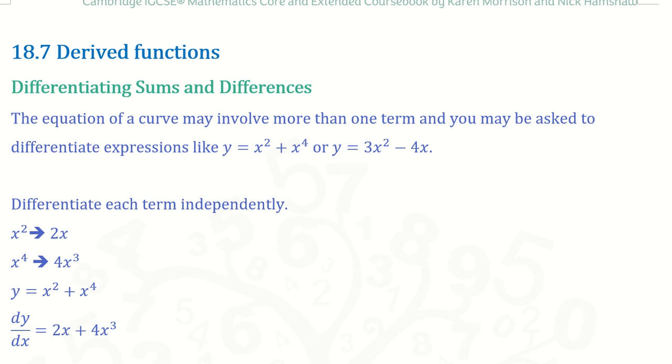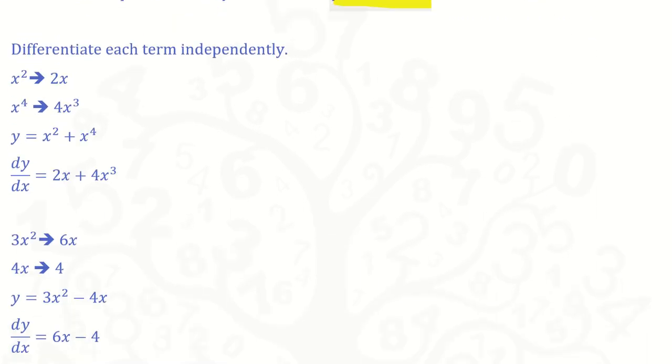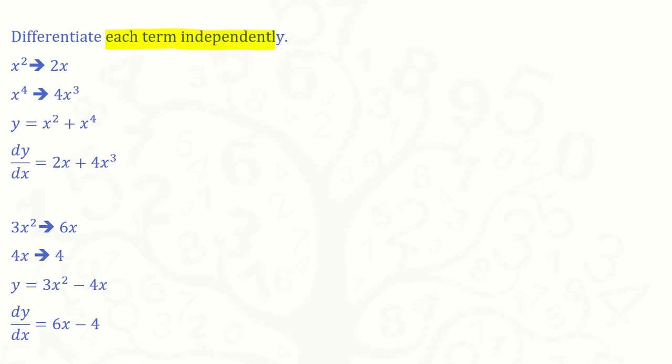今天我们来学习 derived functions 里面的 differentiating sums and differences。上一支影片教大家怎样找 derived functions，怎样进行 differentiation 的 process，但那里的 equations 只 involve 一个 term。现在我们来看如果它 involve more than one term，比如 y equals to x squared plus 4x raised to the power of 4。这类型的要怎样 differentiate 呢？基本上没有什么特别的，我们就 differentiate each term independently，分开来做，x squared 变成 2x，x raised to the power of 4 变成 4x to the power of 3。